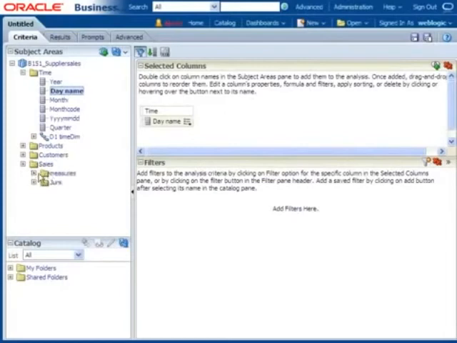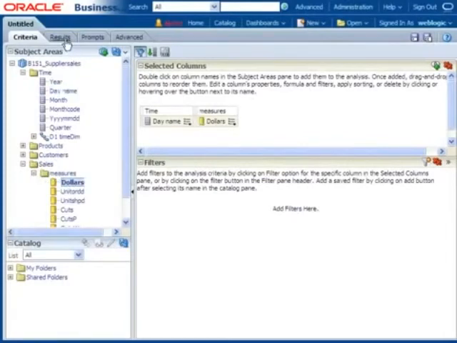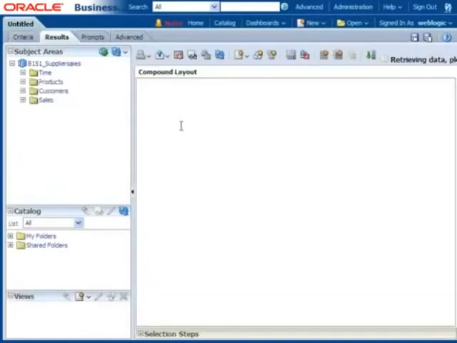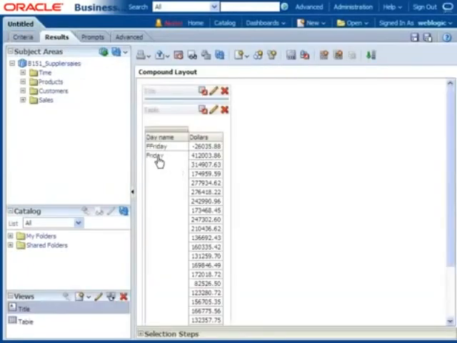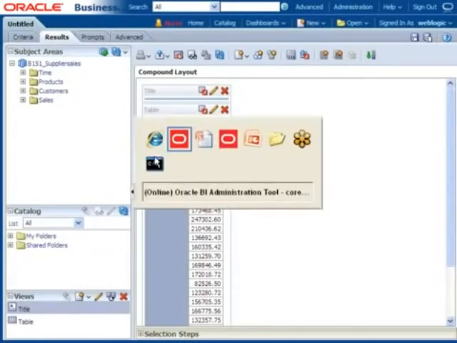Then I am taking a column called dollars. I am clicking on results. Then I am trying to click on one day name. I am trying to click, but it's saying, no, you cannot click because it's the lowest level. But I want to click on that one. I want to move to month level. How can I do that?